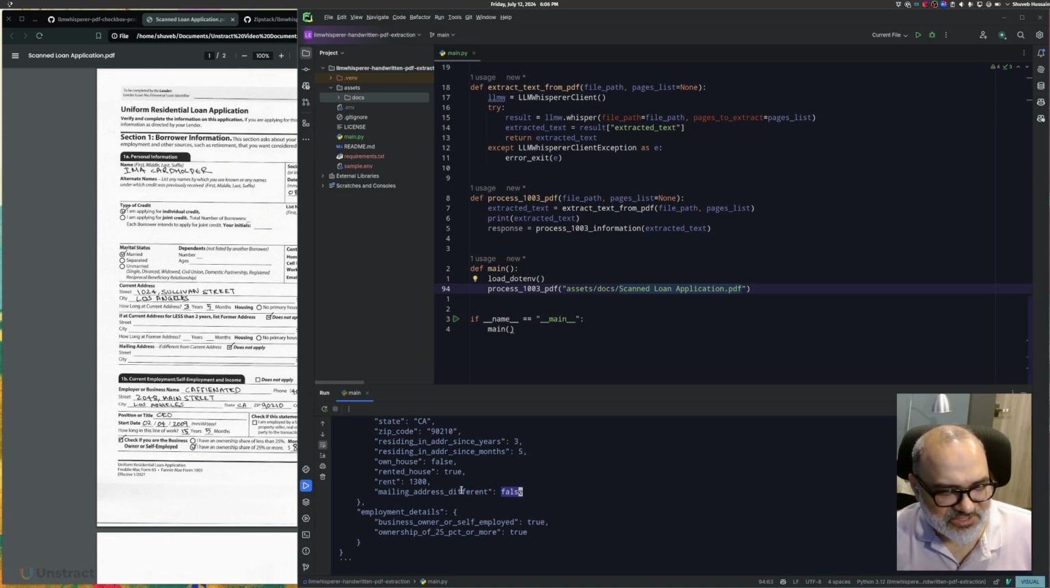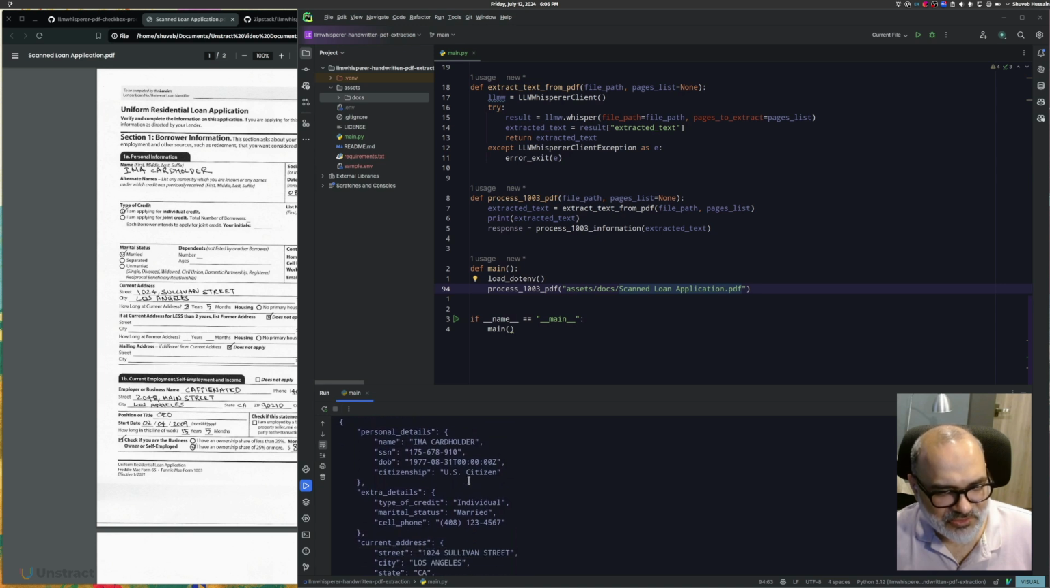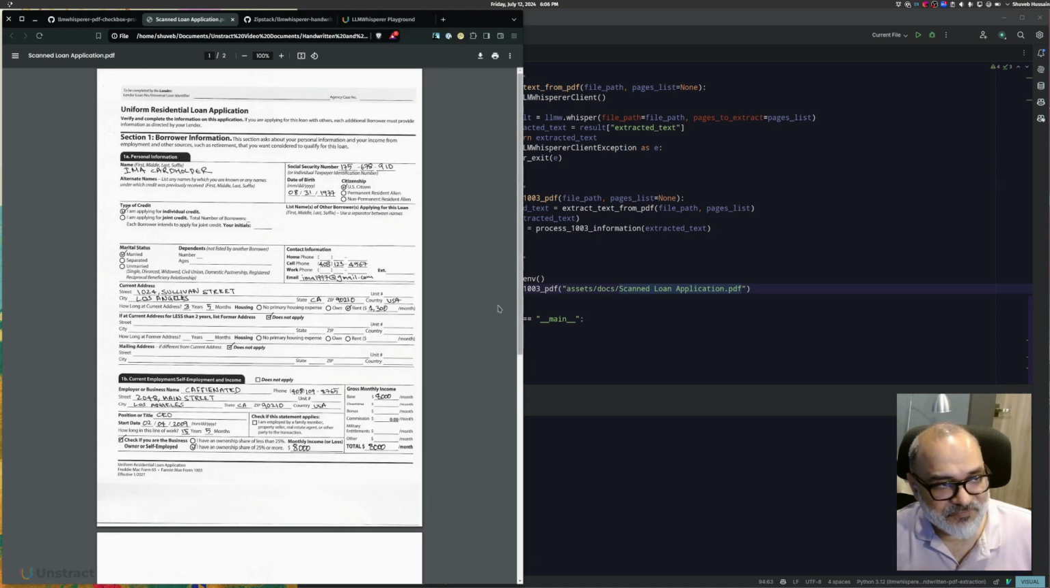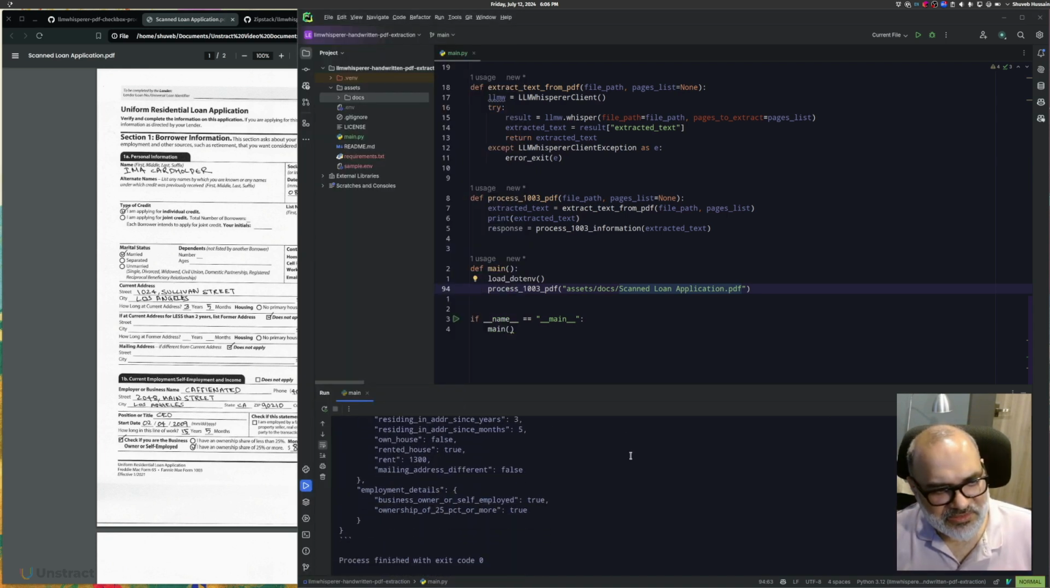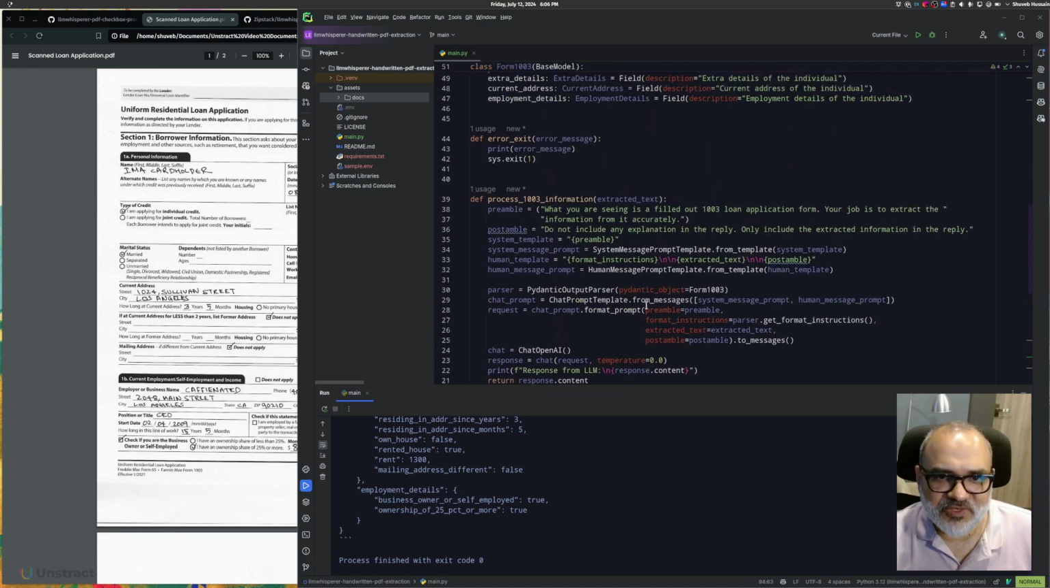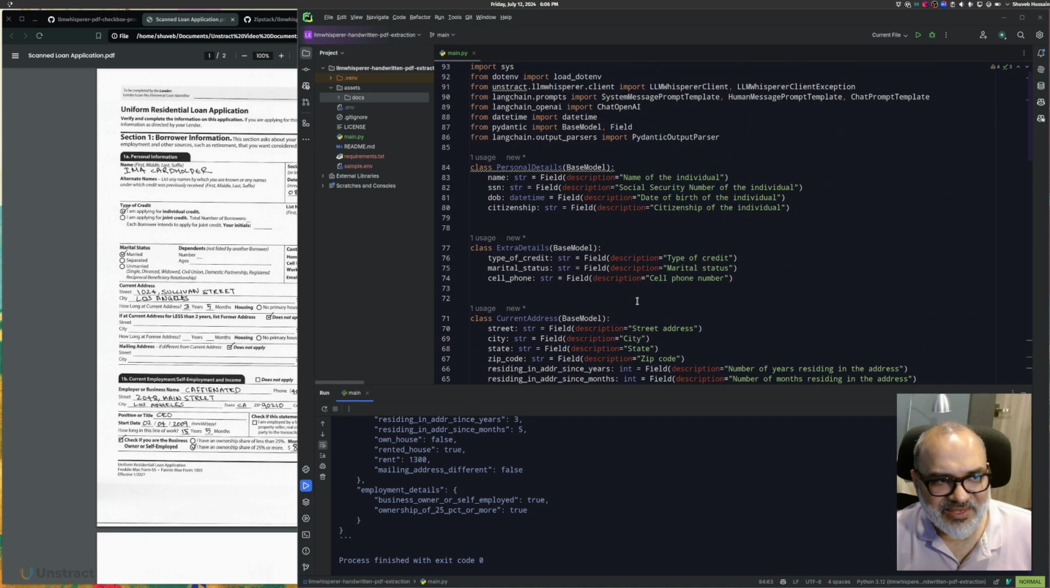And this is a checkbox as well. Mailing address is different. It does not apply, so that's perfect. And from a quick scan, it does look like it got all the information correct, including US citizen, which is a radio button here. That's great. Now all that needs to be done is we need to write a quick class which